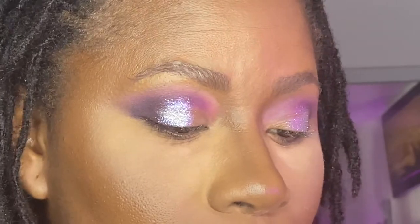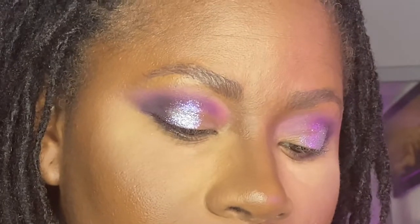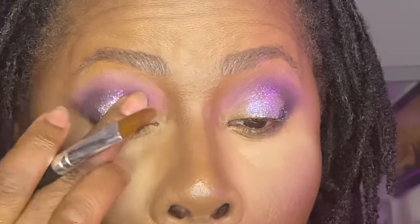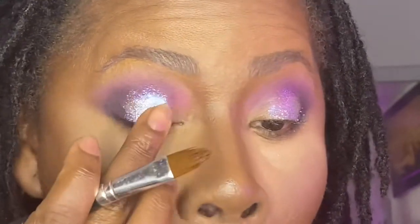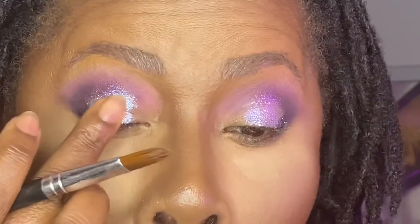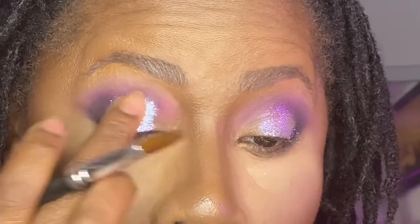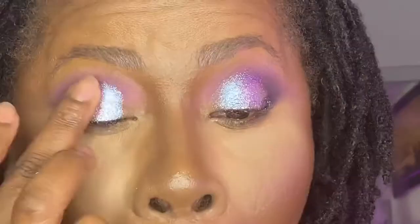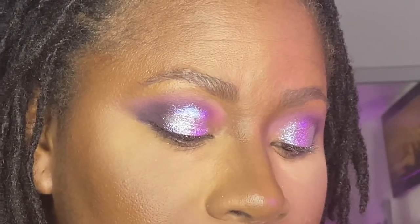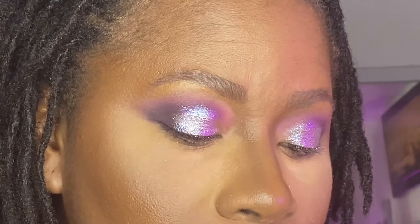Let's go into Fluorescence in the middle. Let me go in with my finger first. It's more of a wet shade. I mean, it's not too far out from that first shade we used. Can y'all see? Okay. Then we're gonna use the brush for Delicate, which is the pinkish foil. There's also another one there that's like